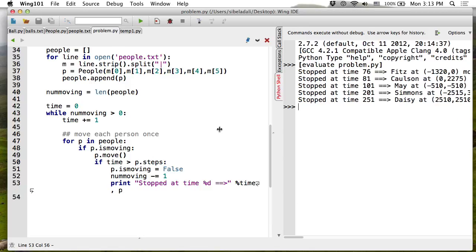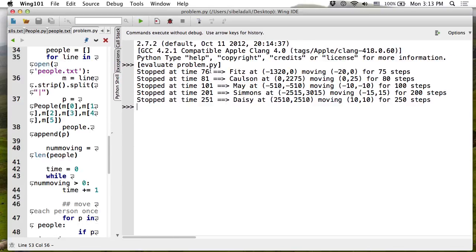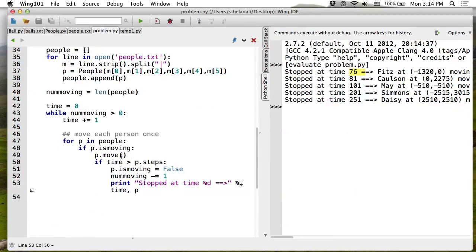Okay. So now I actually stopped it at 76 because it's supposed to move for exactly 75 steps. It seems that this is incorrect because if it has to move for 75 steps, I should stop at 75. So I am actually going to make this equal to P dot steps. Okay. Now the next thing that I want to do, so now I know that my simulation runs and it